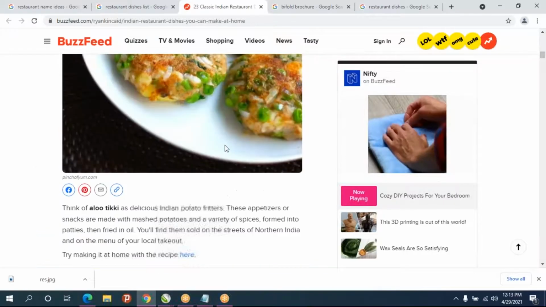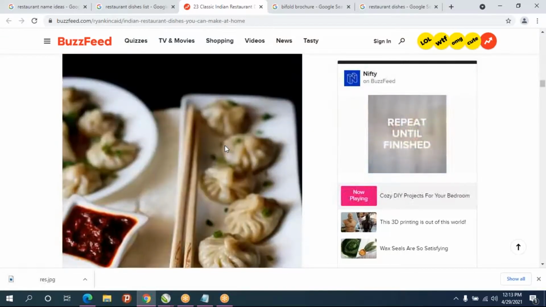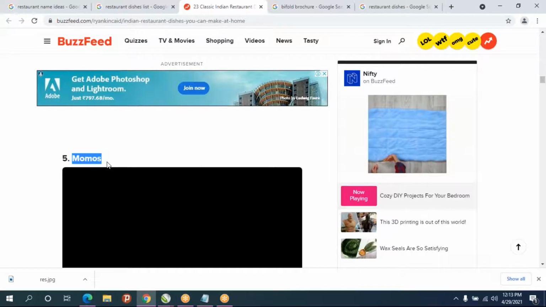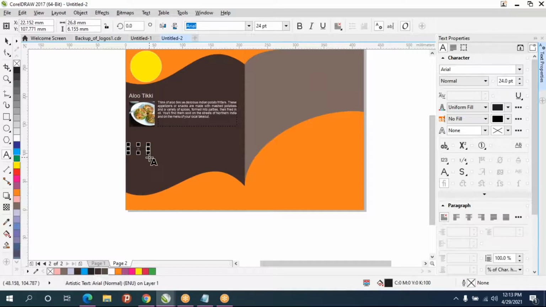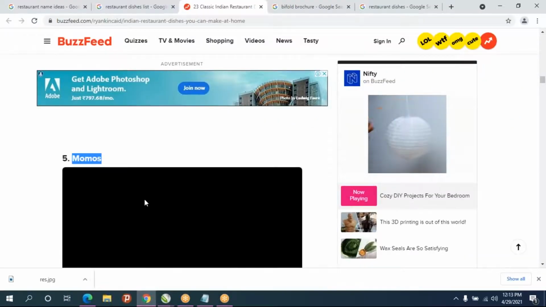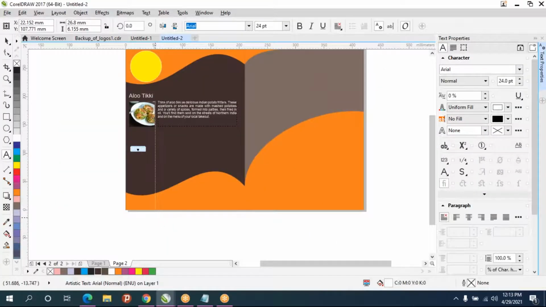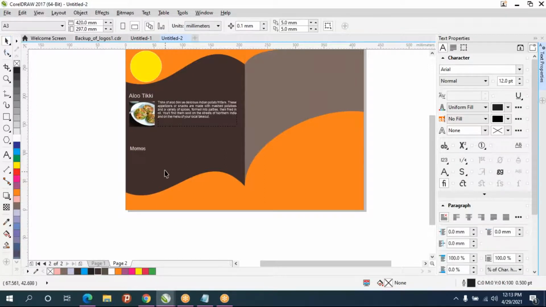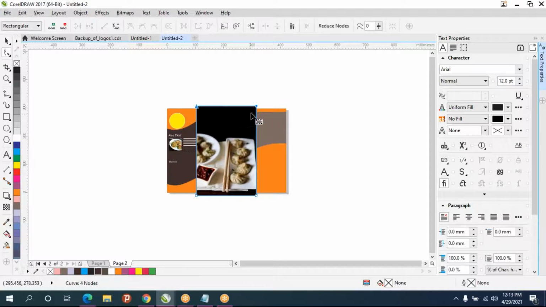And next thing, copy image, Control V. So if the image size looks big, take the shape tool, select the points and reduce it.